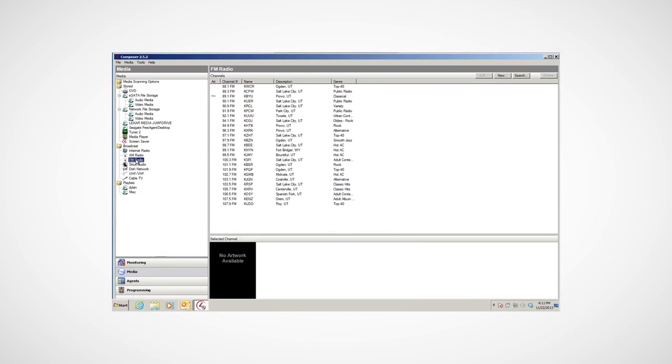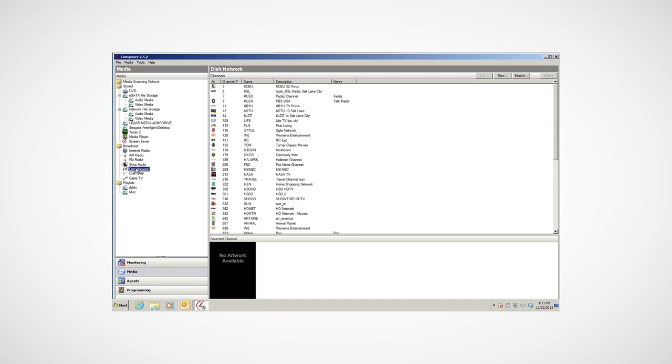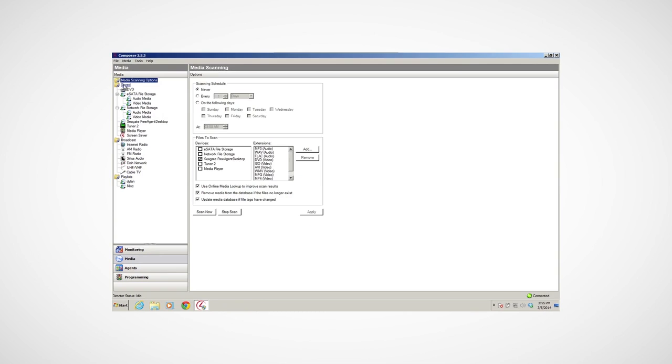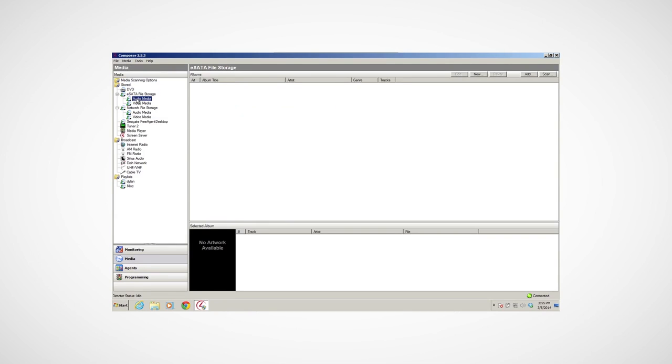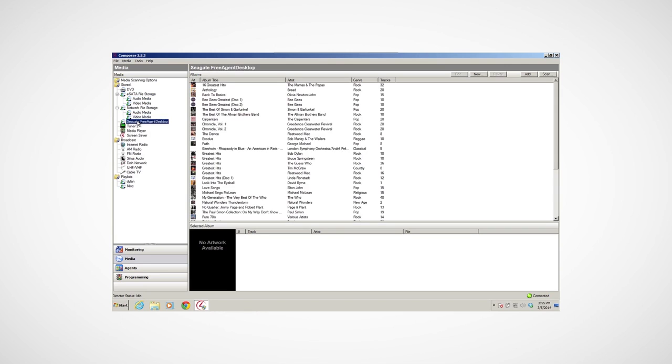On the left, notice the media-related items in your project tree. I'll show you some examples about how to use these items. The items shown will vary depending on what media devices you have in your system. Media Scanning Options lets you scan your stored media to the system. Stored holds the metadata for the media contents on your external storage devices, CD or DVD changers, media player, USB